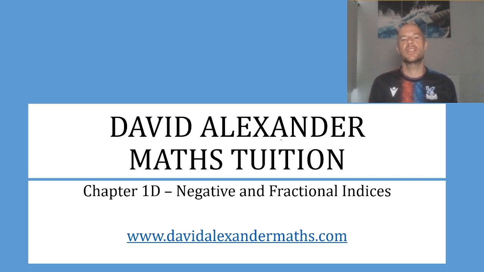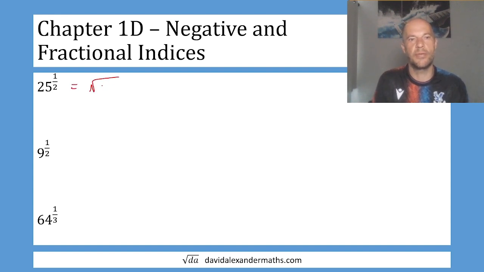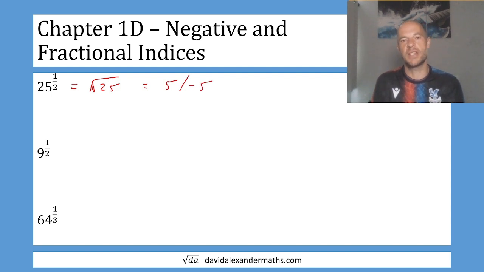This is chapter 1D on negative and fractional indices. Okay, so the first thing we need to remember is that anything to the power of 1/2 is the same as the square root of the thing. So this means root 25, so the answer is 5. It could be 5, it could also be minus 5, because remember minus 5 times minus 5 is also positive 25. So 9 to the power of 1/2, that is the square root of 9, so that is plus or